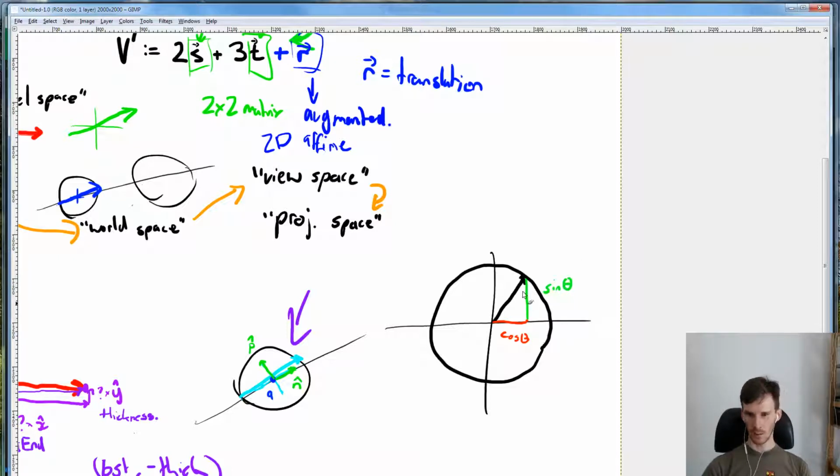And so we've got our x and we've got our y for the first basis